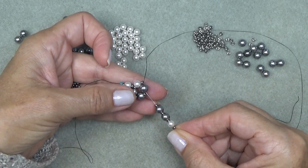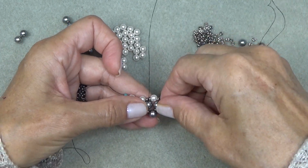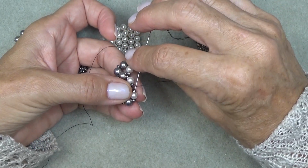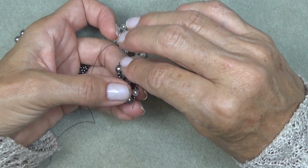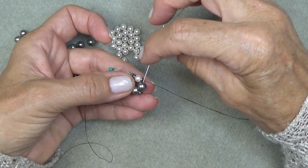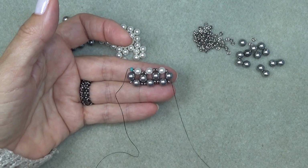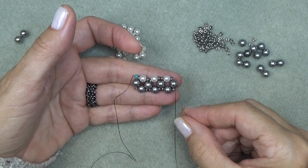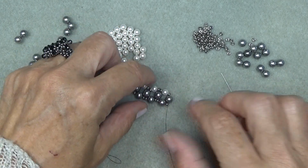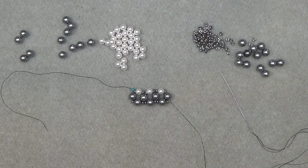Coming out of here, I'm going to come around, just like that, put on another unit, sew around until I get to that side bead again, and so on. And this is what I'm going to do all the way down. Just be mindful of when you pick up your beads, make sure your 5mm is always at the top. All right? So now you're just going to continue doing this until you get to the length of your necklace